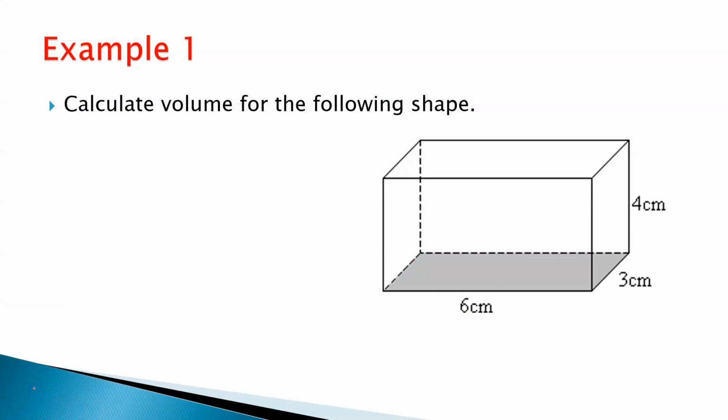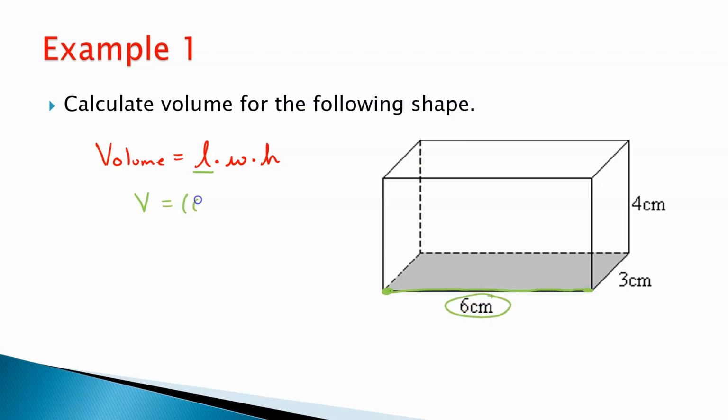All right, so for example number 1, it says calculate the volume for the following shape. So since this is a rectangular prism, I'm going to write the formula for that. Volume for a rectangular prism is just going to be our length times our width times our height. Okay, so let's go ahead and fill in what we know. I'm going to go ahead and use V for volume is equal to, well, what's my length? I like to pick the longest one for length, but they're interchangeable, length and width, which is going to be